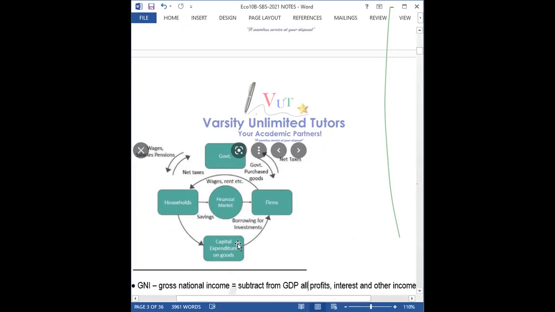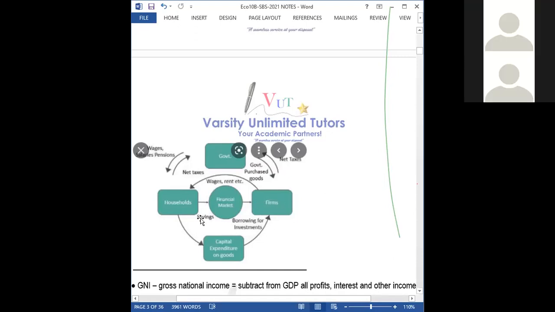The main participants of an economy are the households, the government, the firms, and something that we refer to as the financial markets. But the main ones are the households, the government, and the firms. The financial market is simply a facilitator within those markets. You'd realize that the households are the owners of the factors of production. We stated that the factors of production are your land, your natural resources, your entrepreneurship, and your capital. As the owners of the factors of production, they are the ones that